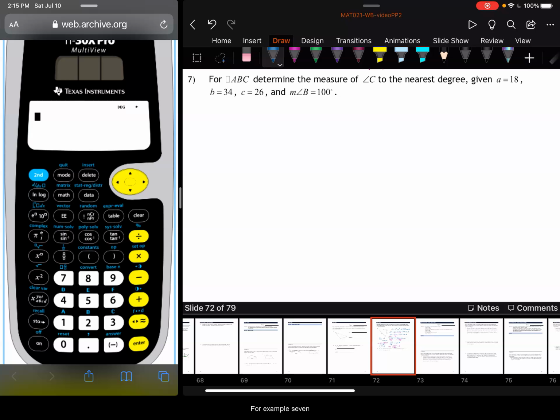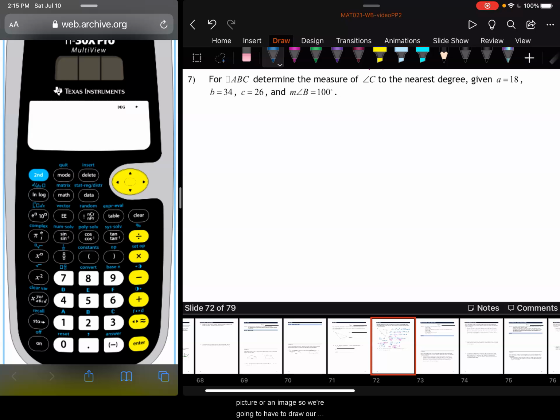For example 7 we have triangle ABC, and we're going to determine the measure of angle C to the nearest degree given side A equals 18, side B equals 34, side C equals 26, and the measure of angle B is 100 degrees. So for this particular example, we aren't given a picture or an image, so we're going to